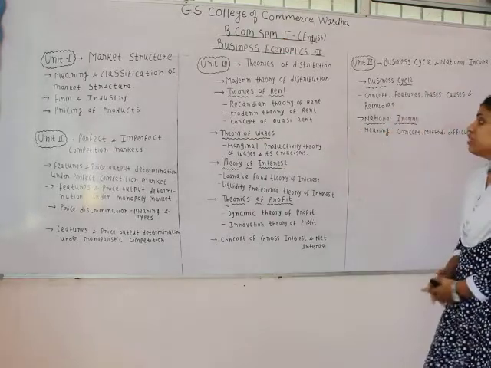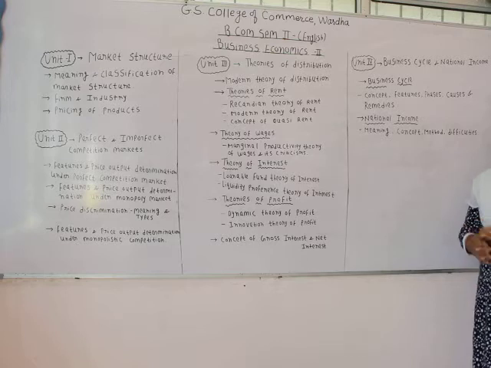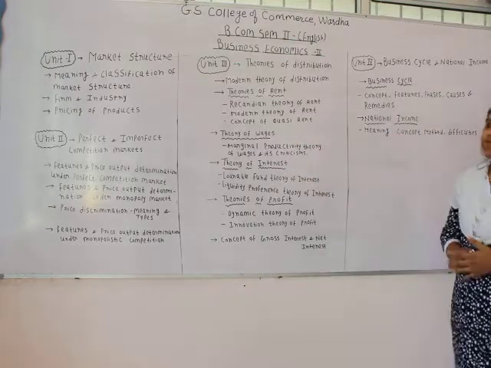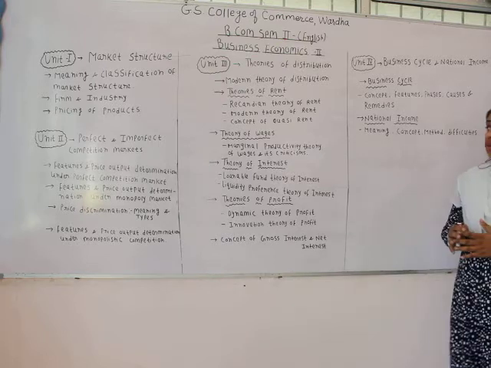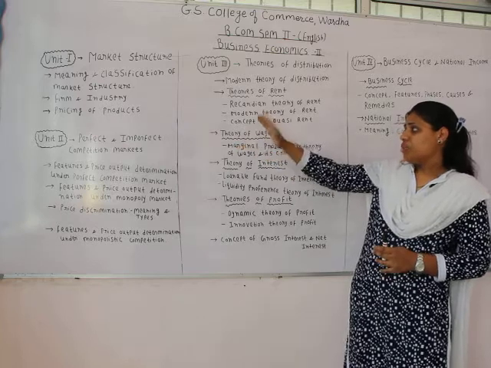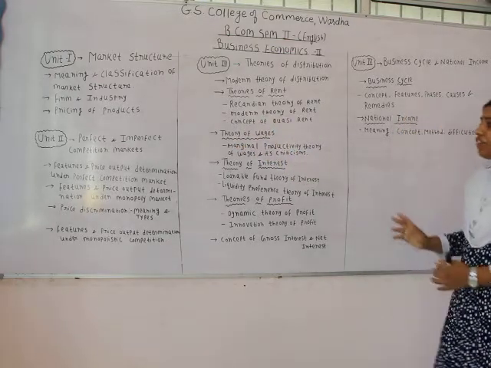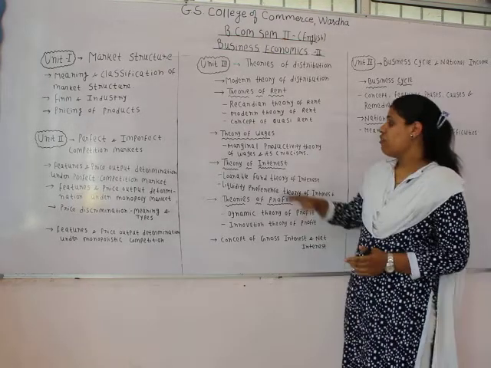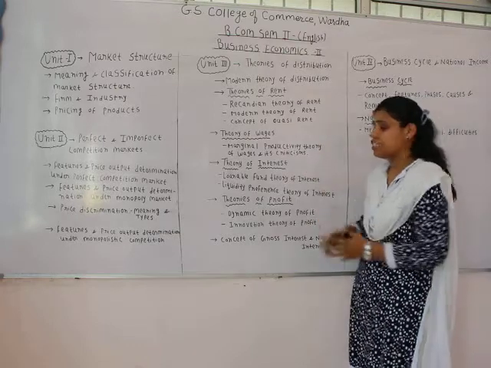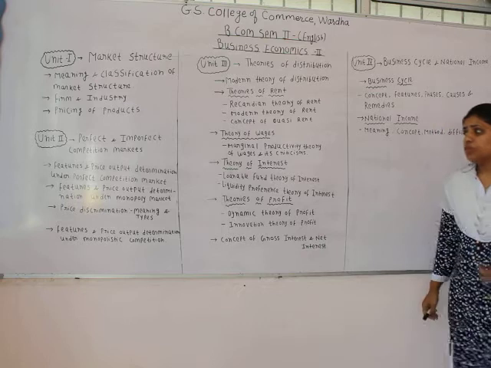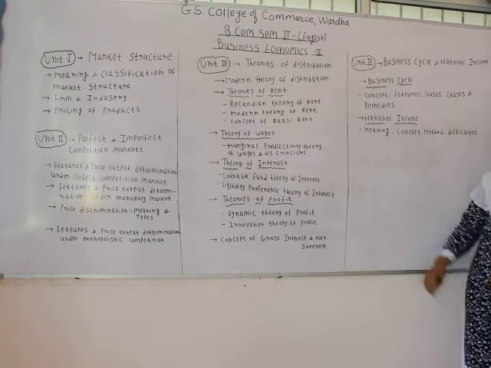So we would be dealing with these two theories of rent, and then we will see the concept of quasi-rent, which is a very small concept and can be asked in the examination for the 4 marks question. Then under the same unit our second chapter would be theory of wages. Here we would be seeing how the wages are determined in the market. So here we would see this with the help of marginal productivity theory of wages. So here we would be dealing with the marginal productivity theory of wages and its criticism.